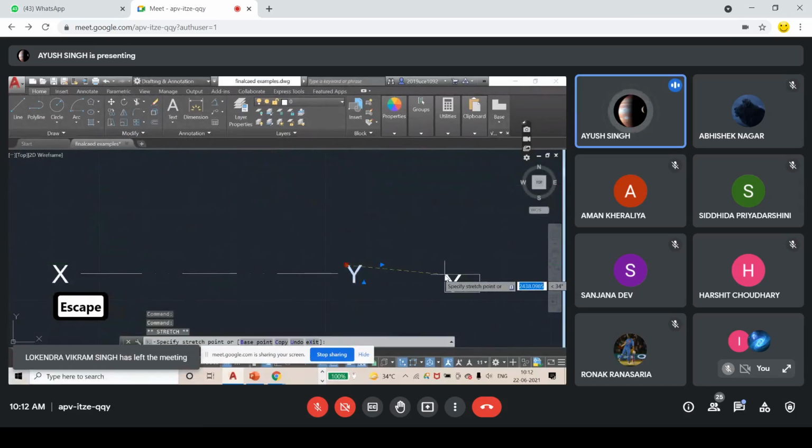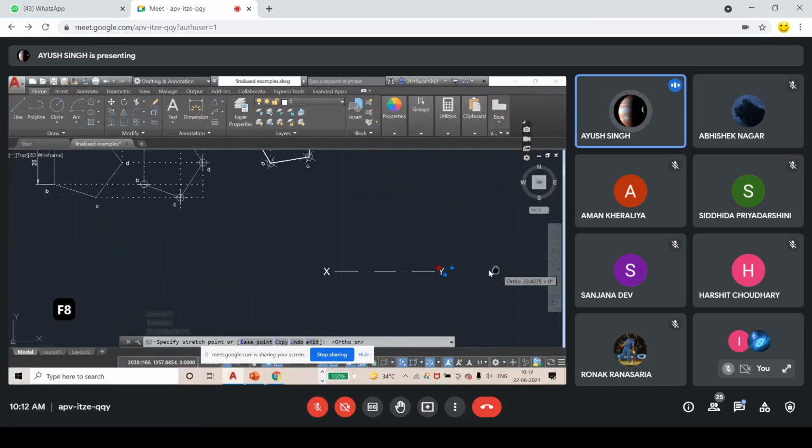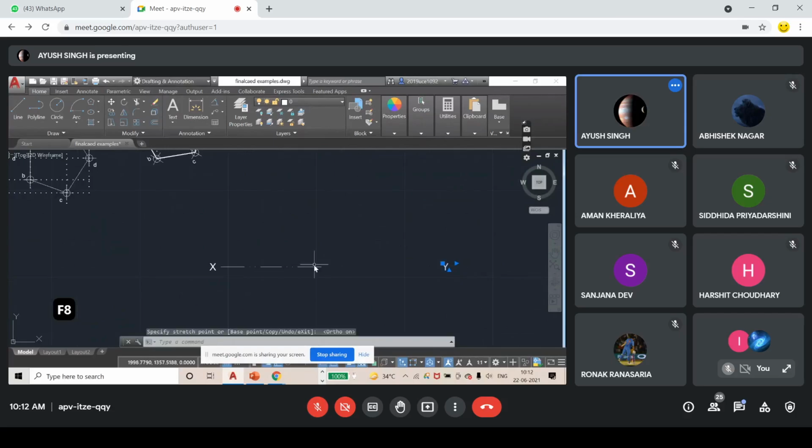I enlarge it a bit, pressing F8 for ortho mode, and stretch it.